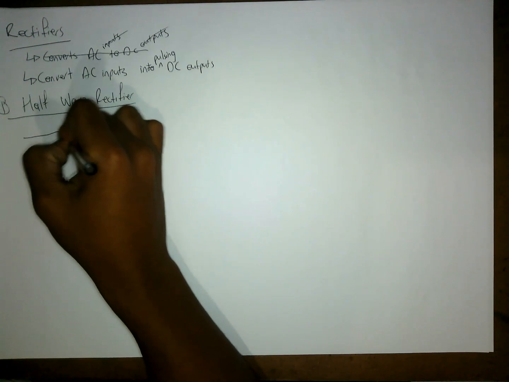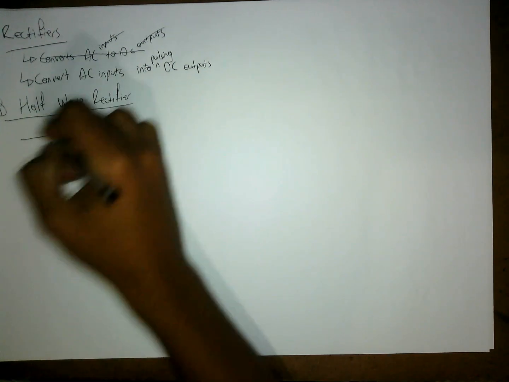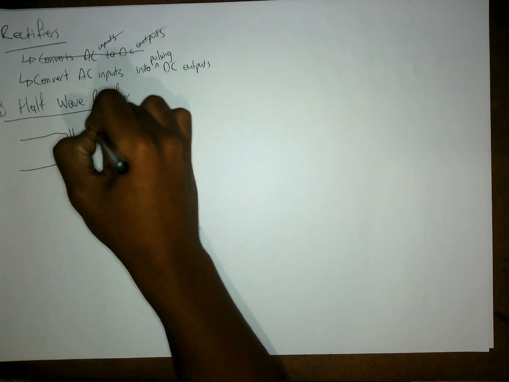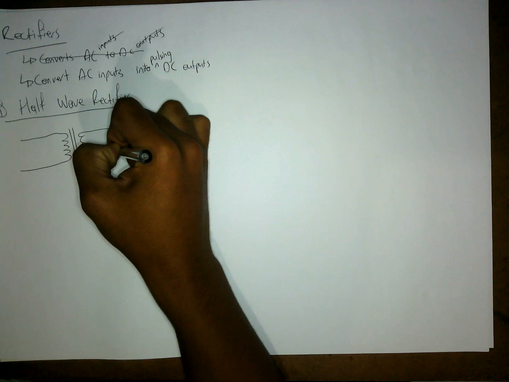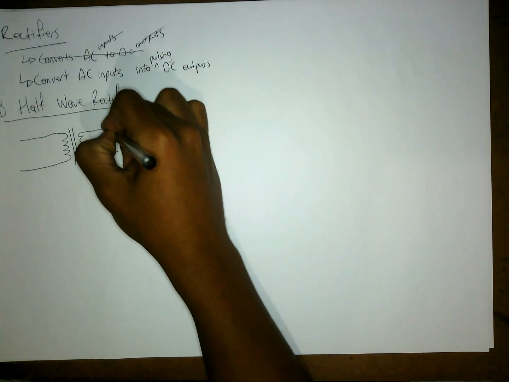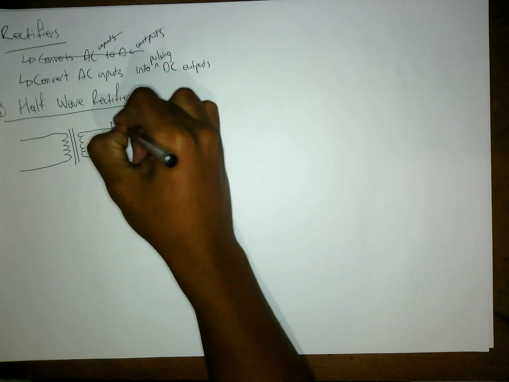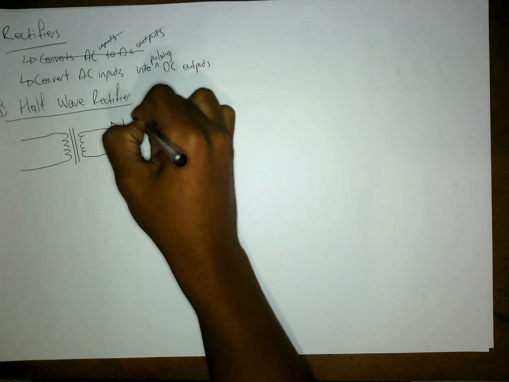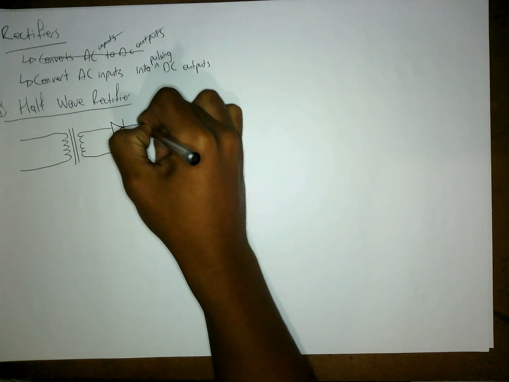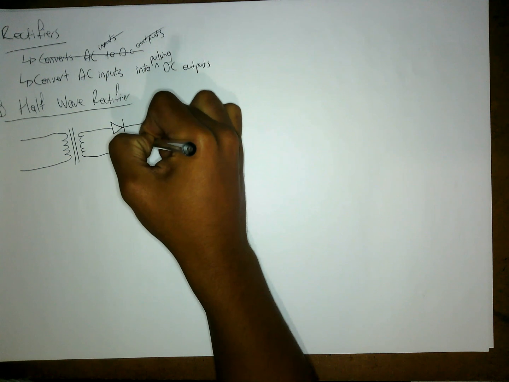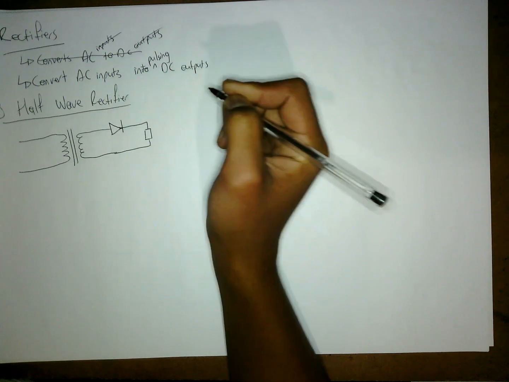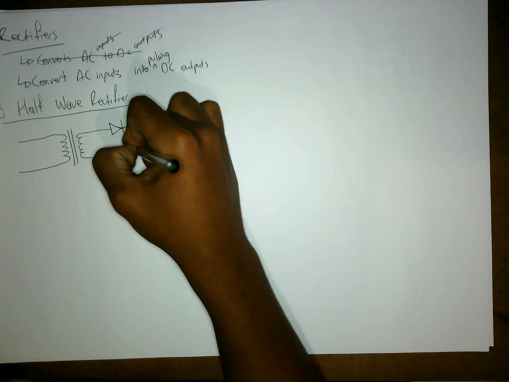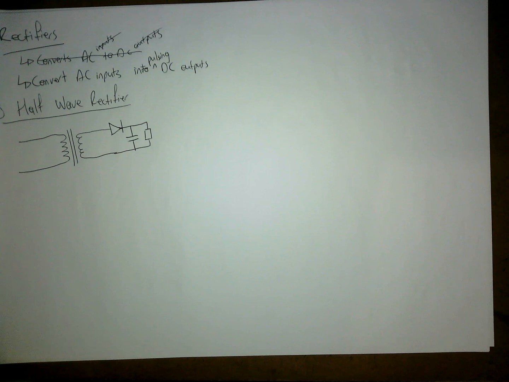We have a transformer. We have the core. Then we have our diode. Then we have our resistor, our load. Then we have a capacitor here. Okay. So